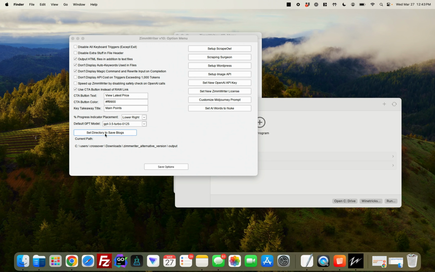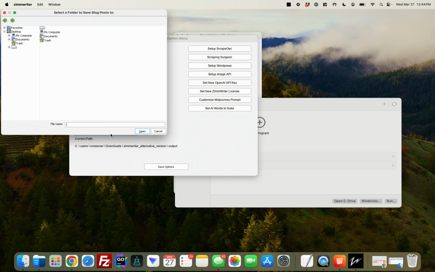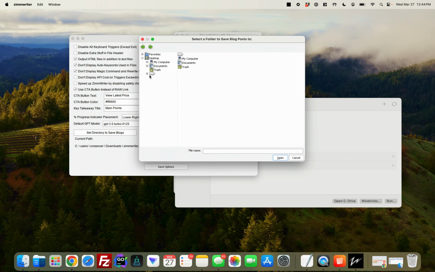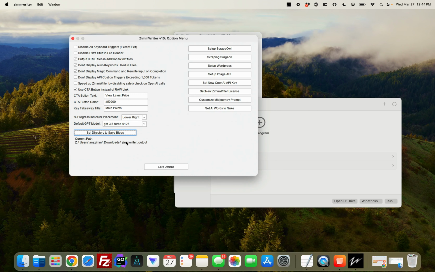And then what we're going to do is we got to find that inside of here. So let's go set directory to save blogs. Now, what you want to look for is this / because this, like my computer and whatnot, this is your Windows computer. Okay, we don't want that. We want the folder from your Mac. Okay, so look for this little /, and then we'll scroll down to users, and you'll find your Mac user, and then you'll find your downloads folder. You'll find the directory we just created called ZimmWriter output, and we'll set that as our directory now,